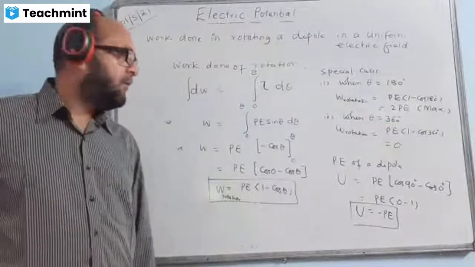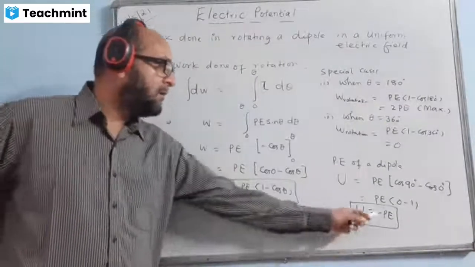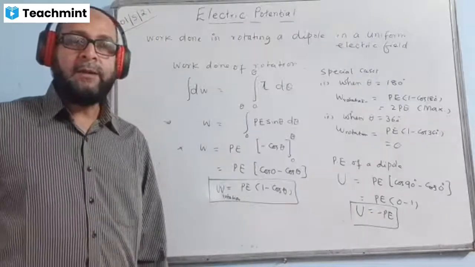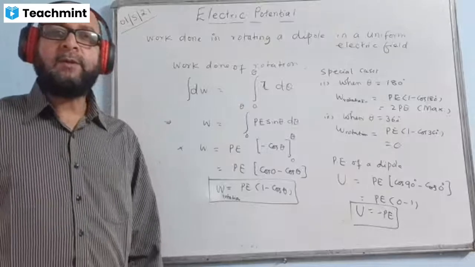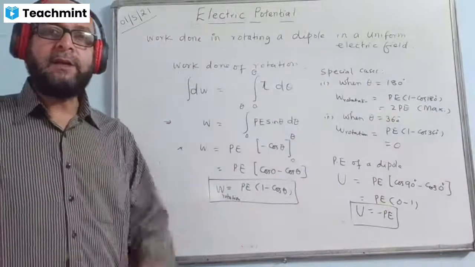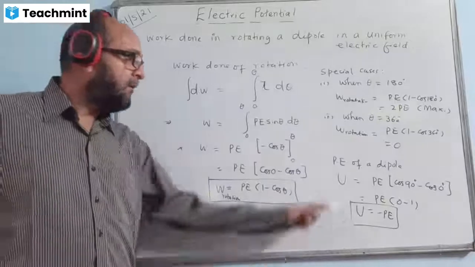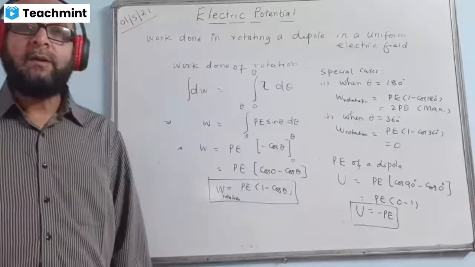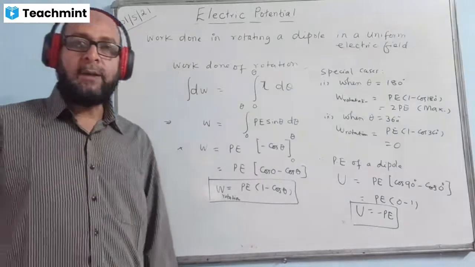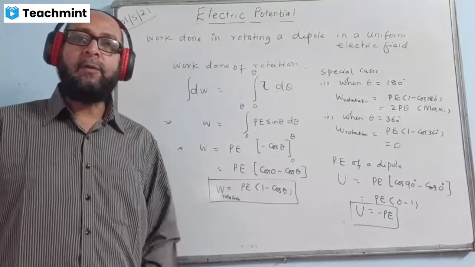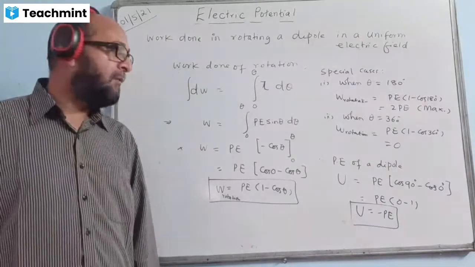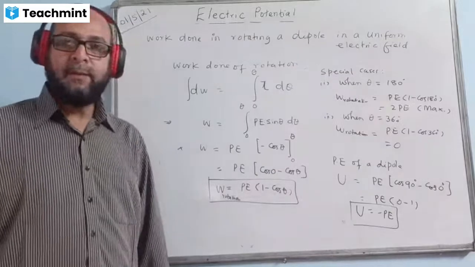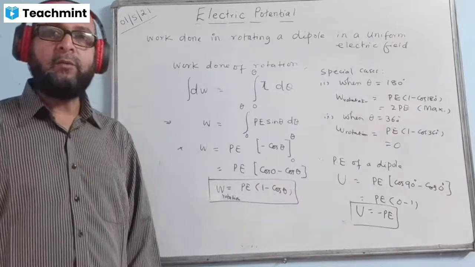The potential energy of a dipole has a minus sign. That means both the charges are attracting each other, one is positive, one is negative, so they are attracting each other. And the formula will become U equal to minus PE. Probably the derivation of this one will not come, but they will just ask you the question for 1 mark. Just write down the formula, minus PE, where P is the dipole moment, that is 2 L q.